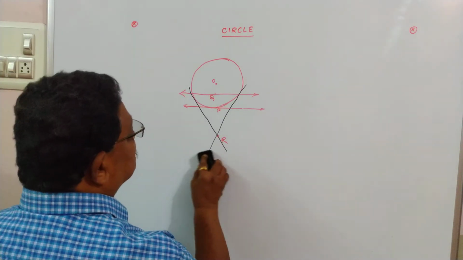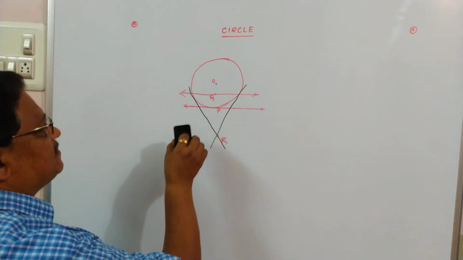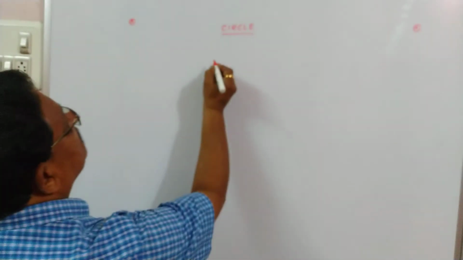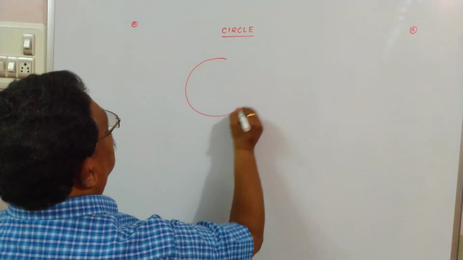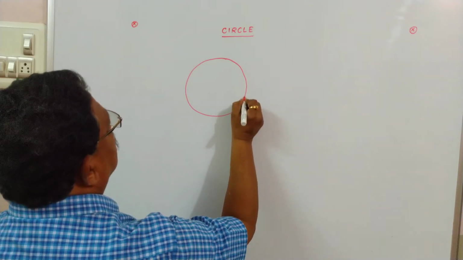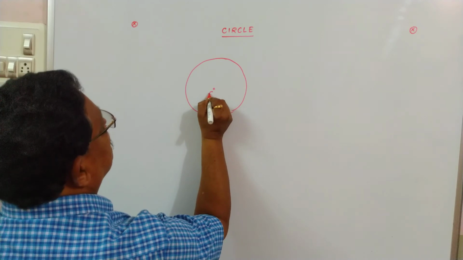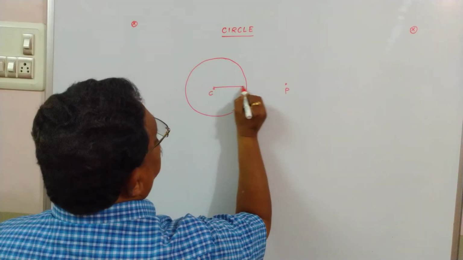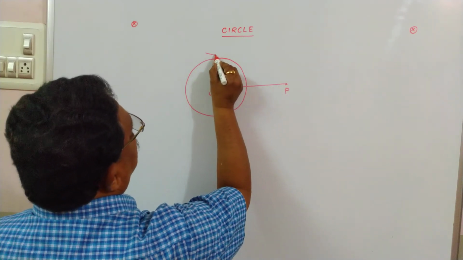Now, using this, the tangent segments drawn to a circle from an external point are congruent. If you are given a circle with center, let us say C, and P is a point outside the circle, the tangent segments that are drawn to the circle